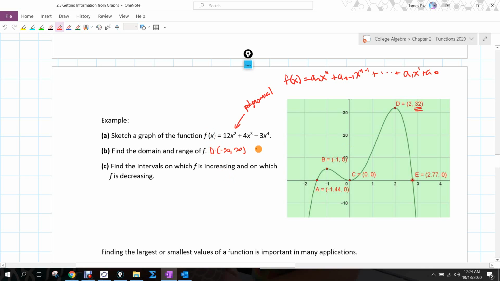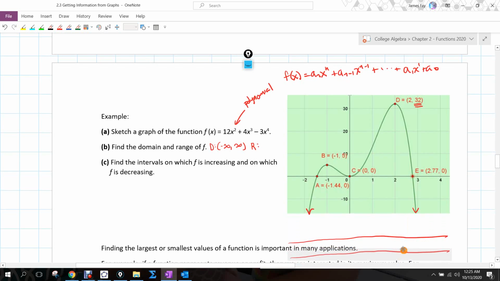Okay, so if I want to find the range, remember what we do with the range is we put a horizontal bar down here at the bottom, and we start to drag that thing vertically. Well, this is a polynomial, so the domain is all real numbers, so there should be arrows on here, which basically tell me then the range is